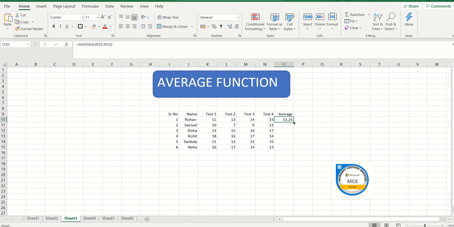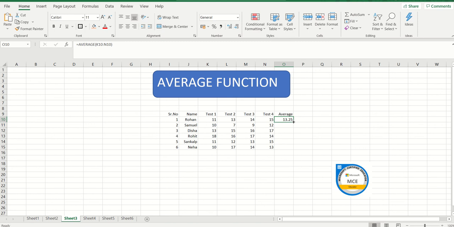So this is your average. For the remaining values I will not be putting the formula once again. If it is the same formula which needs to be applied to every cell, I will move to the right hand side bottom till I see this plus sign. Either I can drag it or double click it.